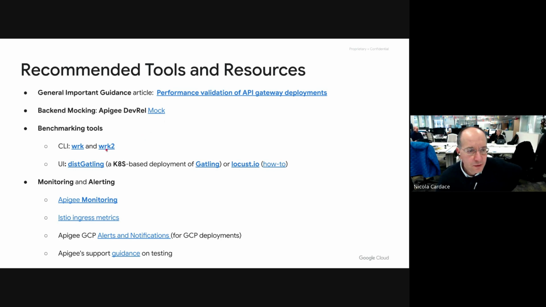Okay, we also have some command line testing tools or benchmarking tools. Those are single binaries. You can deploy them in clusters, or you can just run them standalone from the command line. These are called wrk or wrk2. There's a change in the behavior of how the traffic is generated. But the important bit is that they're single binaries, but you can cluster them, or you can create bash scripts to coordinate them if you want to do more than one.